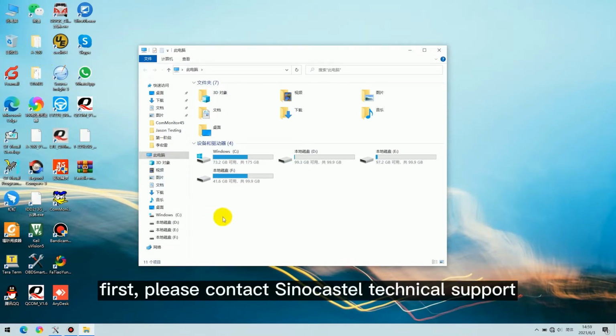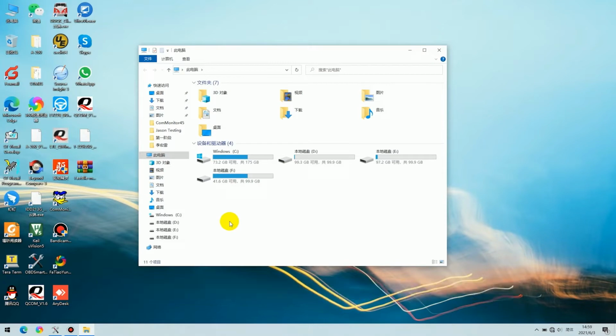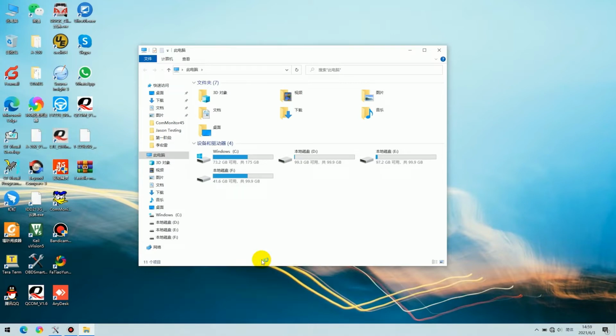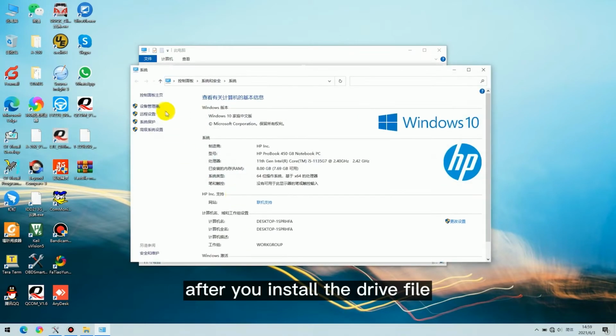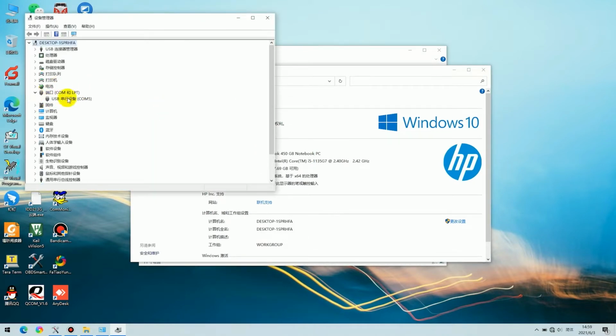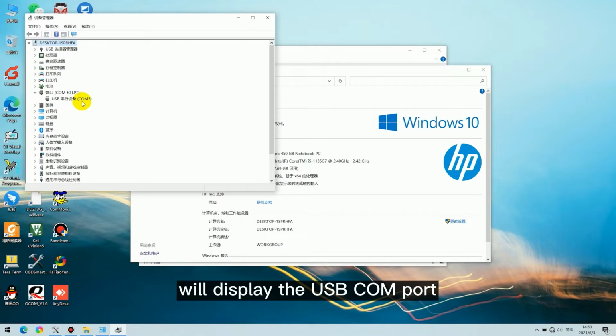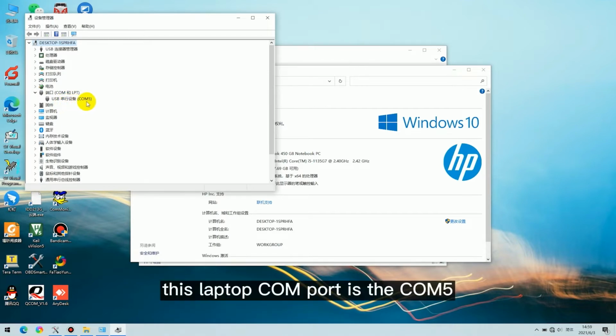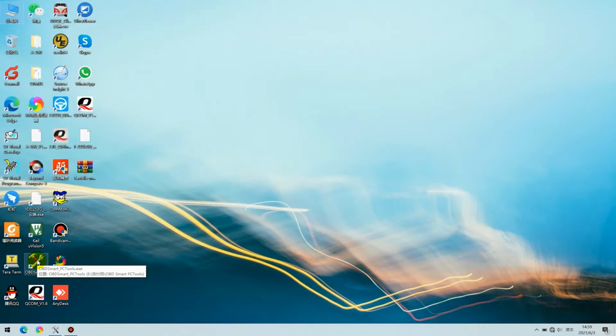First, please contact Sinocastel technical support, and we will give you the device driver file. After you install the driver file, you can see it will display the USB COM port. This laptop's COM port is COM5. Second,